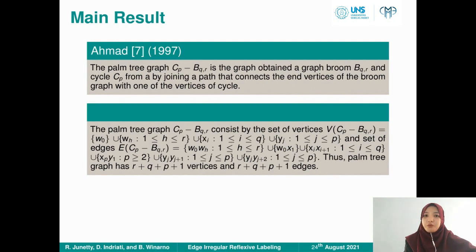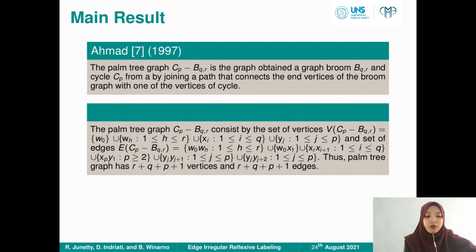The palm tree graph consists of the set of vertices V(C_p B_q,r) equal w0 union w_h, where h is greater than 1 and less than r, union x_i, where i is greater than 1 and less than q, union y_j, where j is greater than 1 and less than p, and the set of edges E(C_p B_q,r) equal w0 w_h, where h is greater than 1 and less than r,